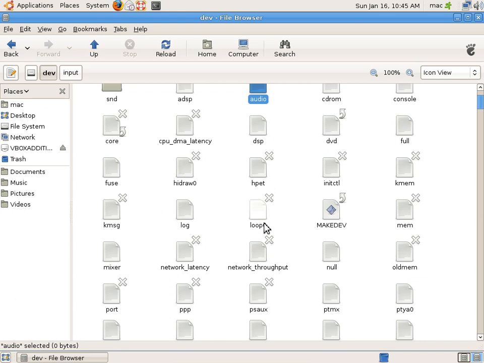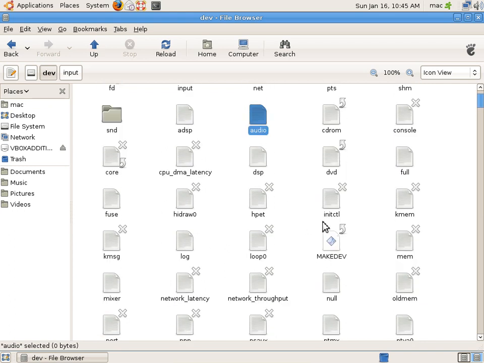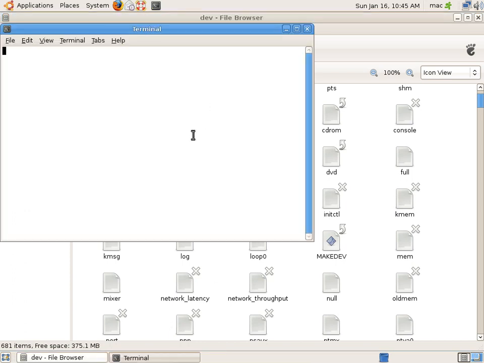Probably a DSP file would also be there. You can see it. When you write to this file, you'll get a small sound. This is actually an audio file, an audio device. How do you write to this file? Don't try to edit from here. You can go to the command line and write to that file. You can say